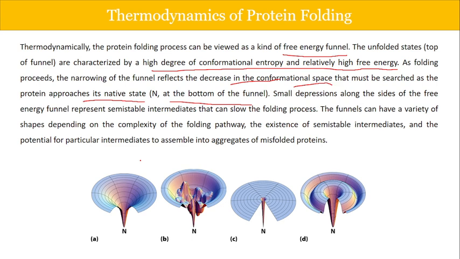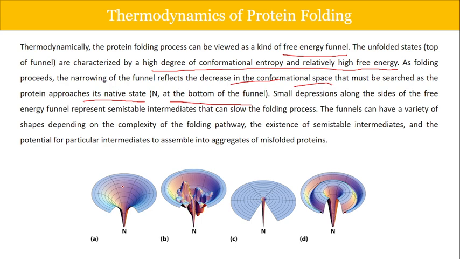These are the semi-stable intermediates which can form because of the folding process. Then again it unfolds and again refolds itself. So there are different intermediate states between the unfolded and the folded state. You will find a few intermediates where the protein folds and then denatures again because it finds itself in a very uncomfortable position, and then it refolds, and finally the folded protein is formed.